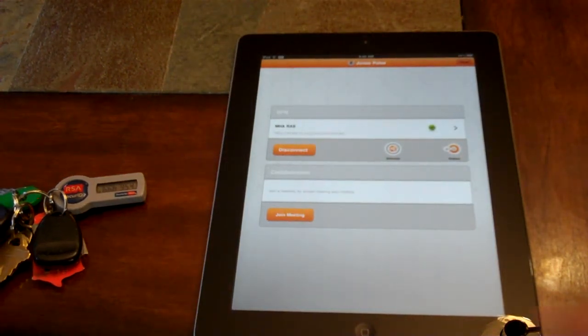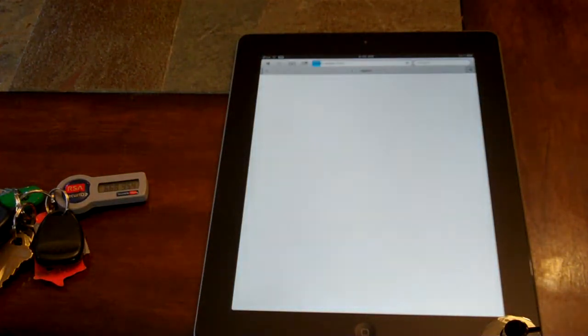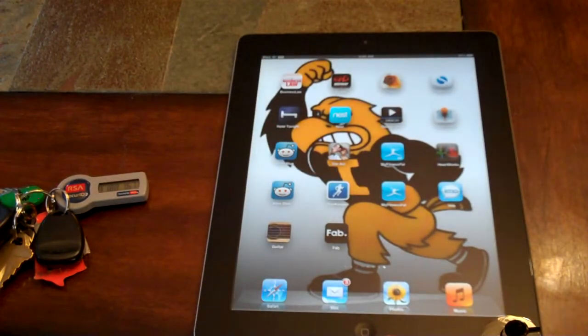So the next thing I'm going to do is I'm going to press the home button here on the app, or on the iPad I mean. So I'll click home, and now I'm out like in the general iPad area. And what I want to do, I'm just checking here, I think I already had Safari launched, and what I want to do is, in order to initiate the whole process of installing the app, I want to be sure that Safari isn't launched. So I'll hit the home button here again, and now if you hit the home button